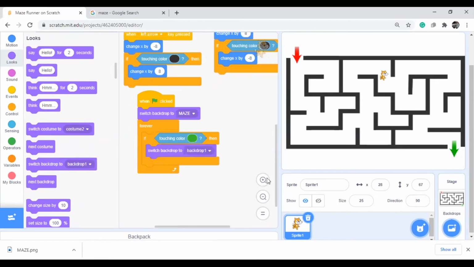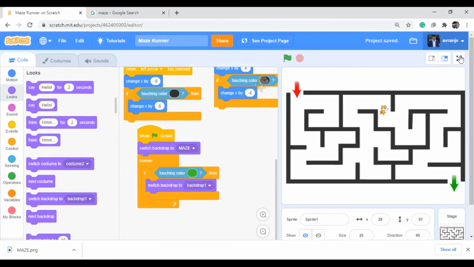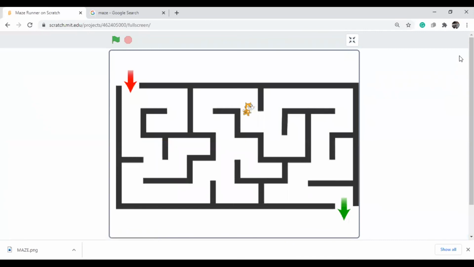Now you can see the game in real time here. If you want to write something like directions also, you can write it, no problem. Why is it touching the one? Meanwhile I didn't click the flag. Yeah, that is the reason. I didn't click on the flag, so that's why it is taking that much time.